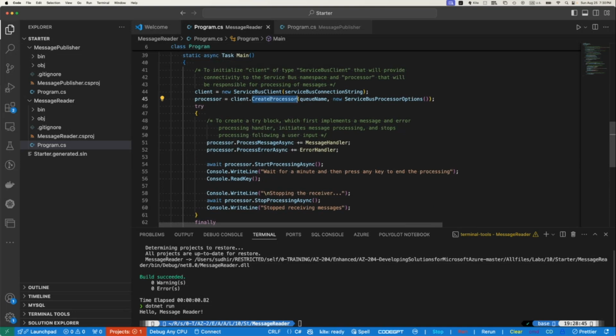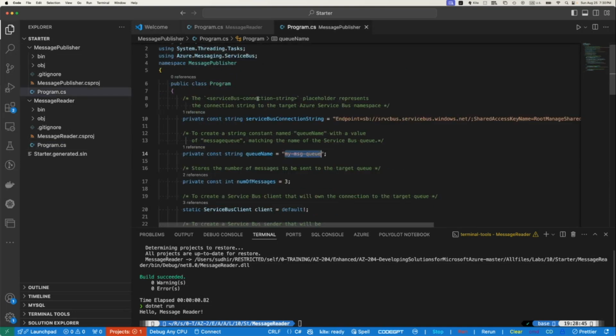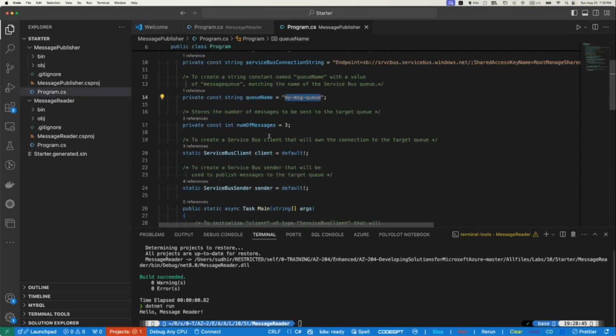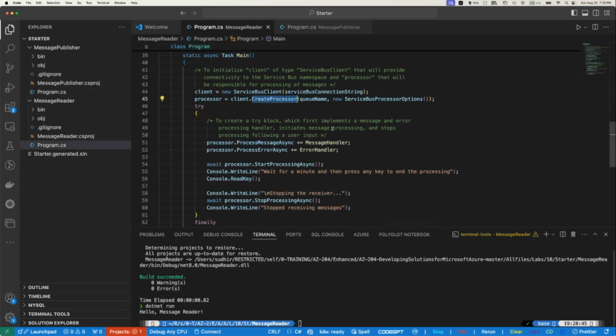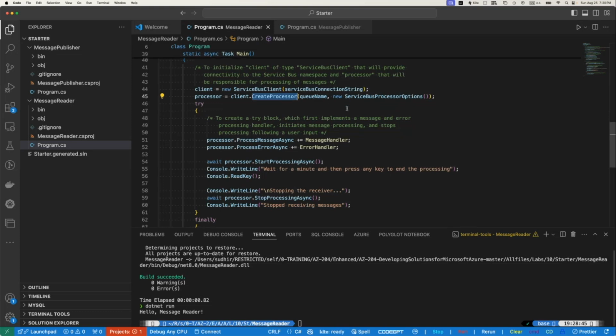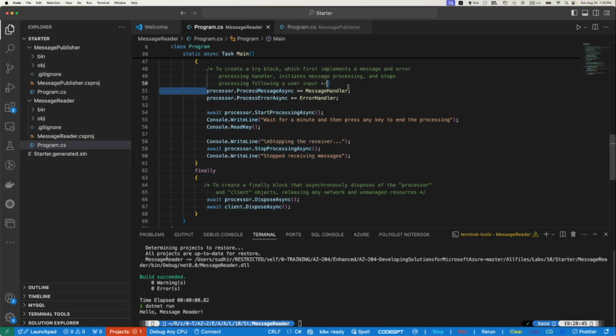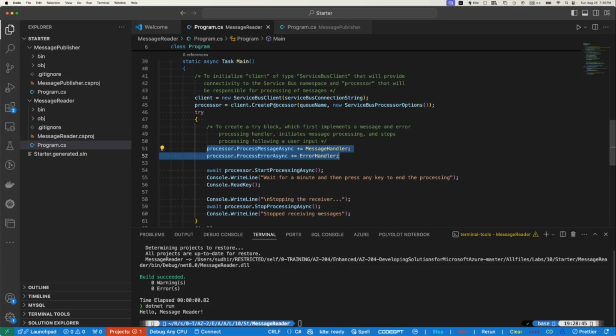What we have done is create a processor instead of a sender. In the sending message, we created a sender, but here we are creating a processor. The processor will take care of fetching every message from the queue, and then it will keep running that particular method,